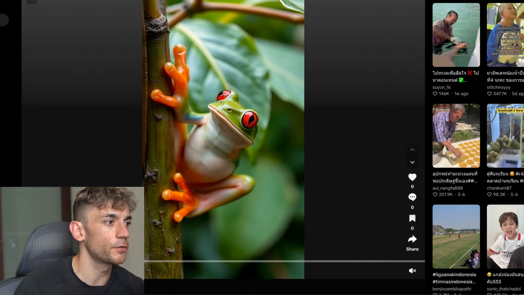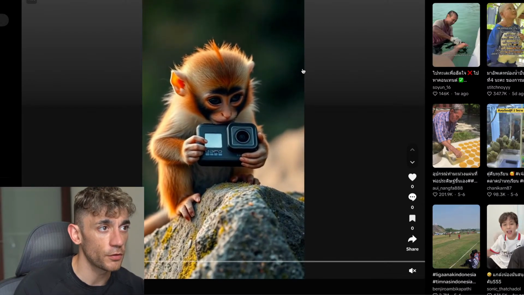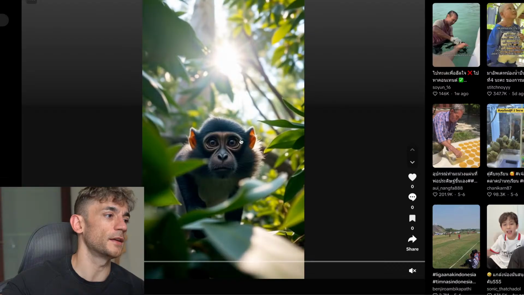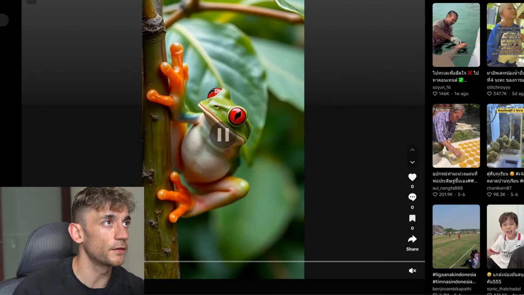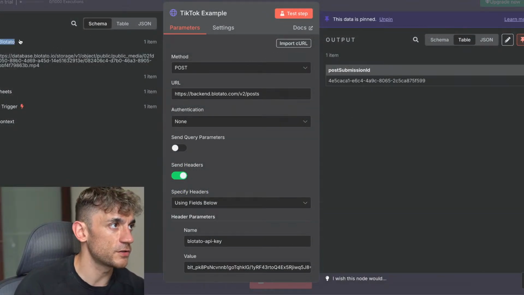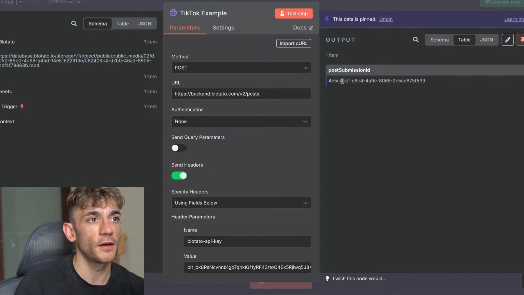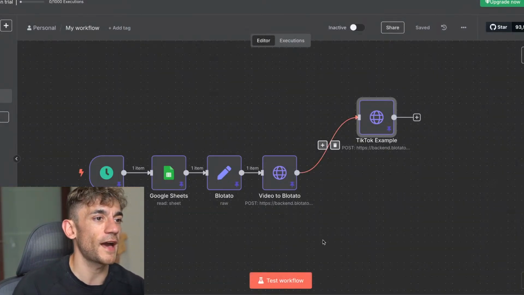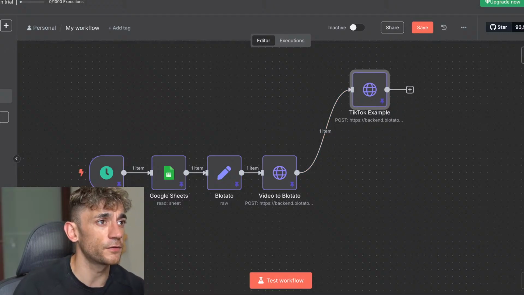So here's an example. This is an automated post to social media with AI. The whole video was actually generated with AI, and it's very easy to actually post that directly to social media as well, right? So for example, this was actually posted through this N8N workflow, and you can see an example. So we actually took the video from a platform called Blotato, sent it over, and then posted it directly to TikTok on autopilot, along with the captions and everything else. Again, you can set this up for Instagram or any other platform, and it's very easy to do with this